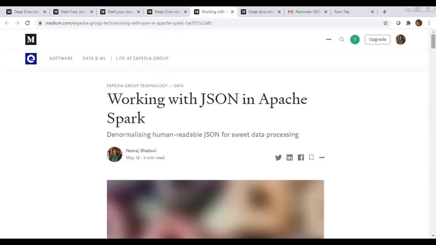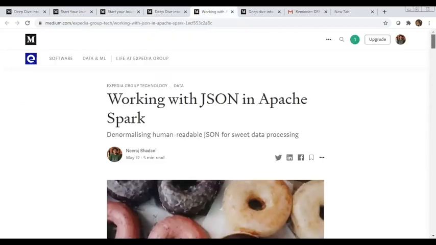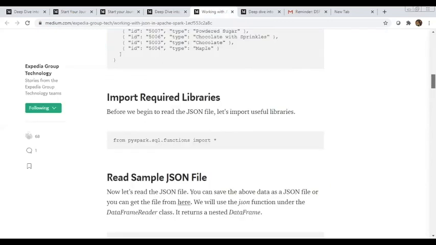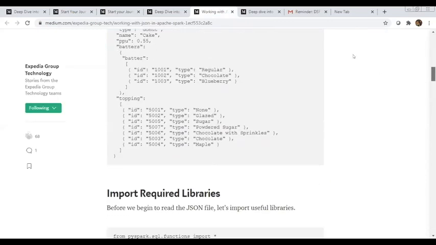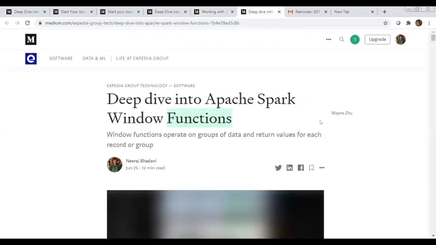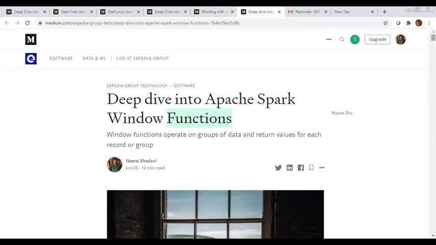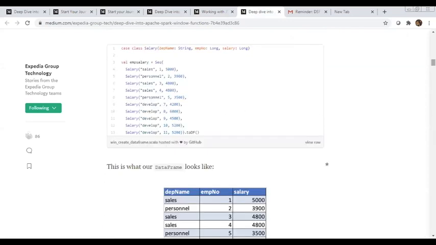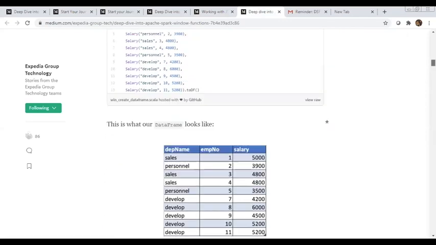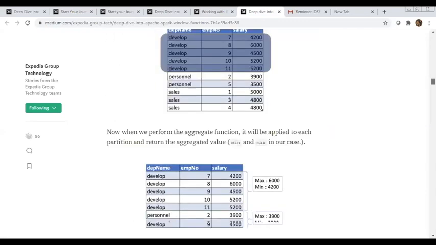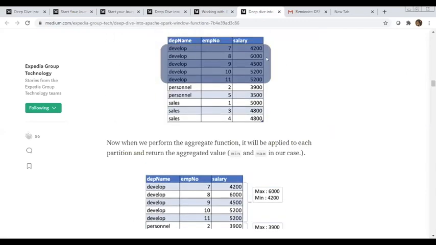This is another blog on working with JSON, creating a data frame from JSON and how you can work with JSON in Spark. And this is for the window functions. If you would like to work with window functions, I have put some examples and code here, which you can go through at your own pace and see how a particular window function works.